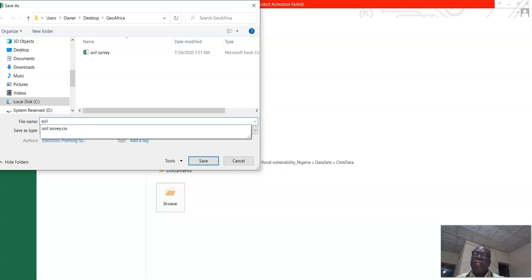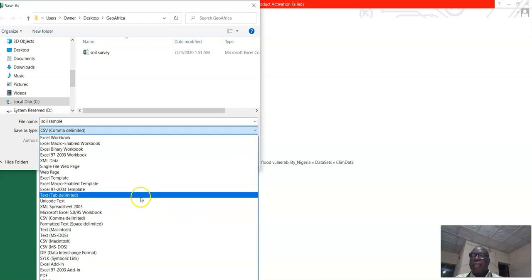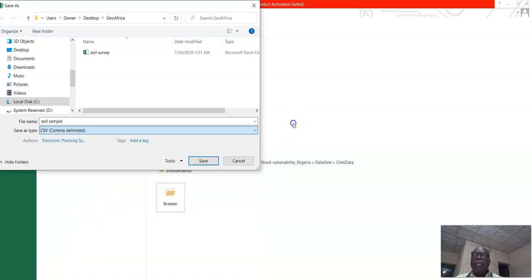We call it soil sample. CSV is comma delimited, but you can save it also as tab delimited, or as an ordinary text file. We are going to choose CSV file, that's comma delimited. We save it. Make sure you know where you save your data, and you can click save.